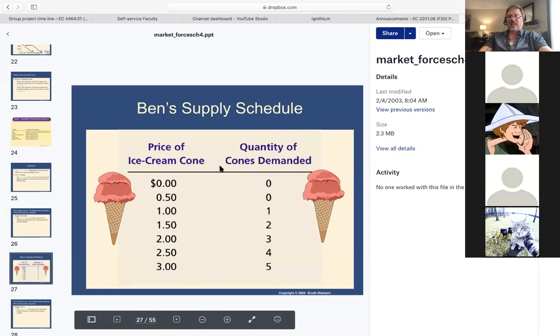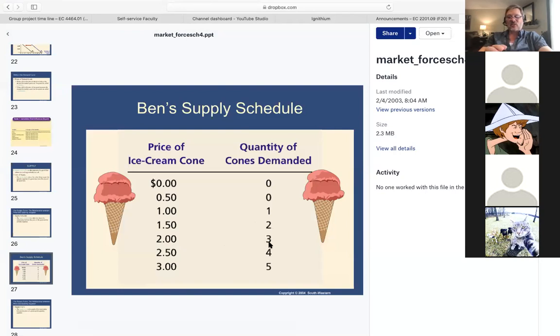So the supply schedule is just this table, and it tells you in one column what different prices the seller might face, and under those particular prices, what quantity of the good they would be willing to supply. So you can see here, for example, at a price of $2 per ice cream cone, the seller would be willing to sell 3 ice cream cones. Now, it's sort of important to notice that